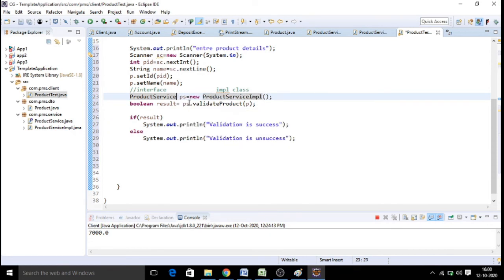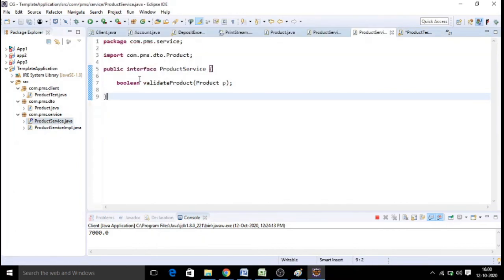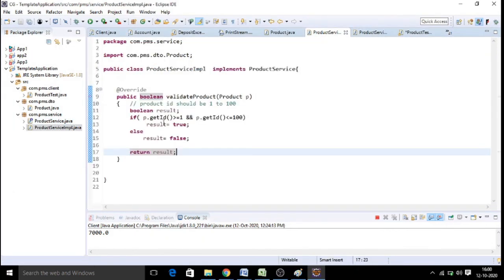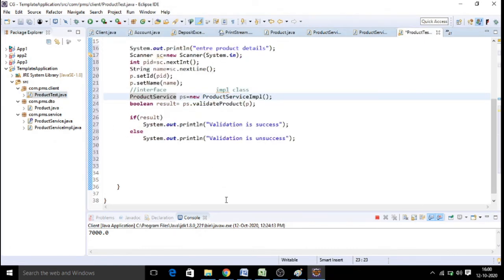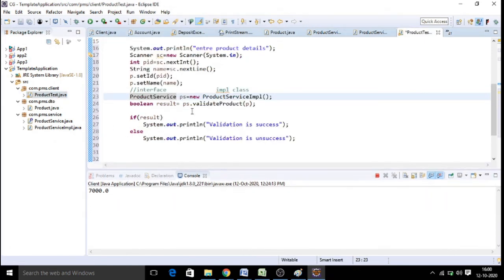So always the request should go through your interface. So we are always creating an interface for your services. For every service there should be an interface. Create an interface first, then you write an implementation class for that, then you use it, right? So now this is a class we have got to test.